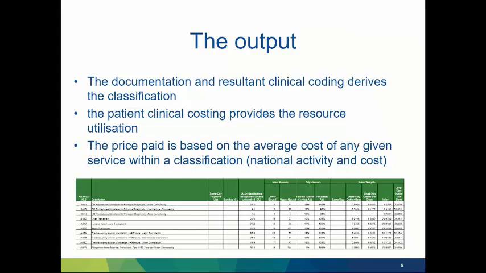usage is gathered. The price paid, both in this state and nationally, by the Commonwealth is based on the average cost of any given service within a classification. So, over 1 million admissions per year, over 2 million non-admitted patient attendances, and about 1 million emergency department presentations a year are put into the classification. All of their costs are used to come up with the average for each particular classification within each of those categories. I've got an example of the DRG, the first few diagnosis-related groups on the list, and what the national